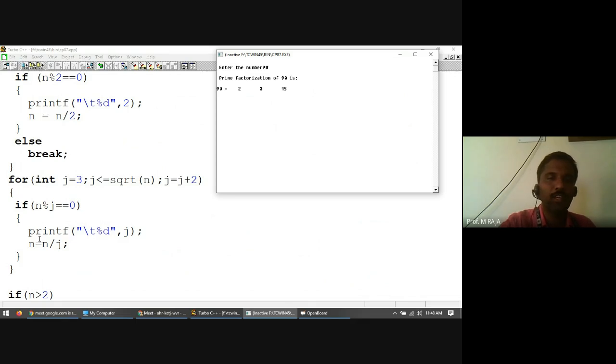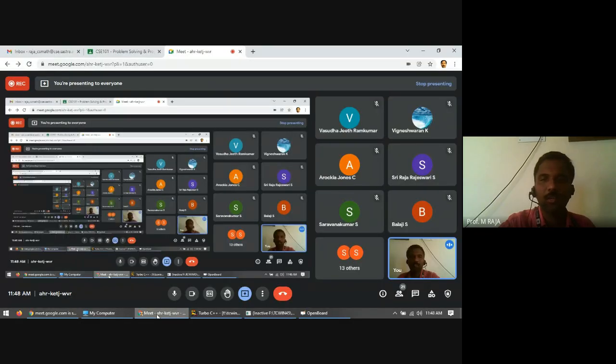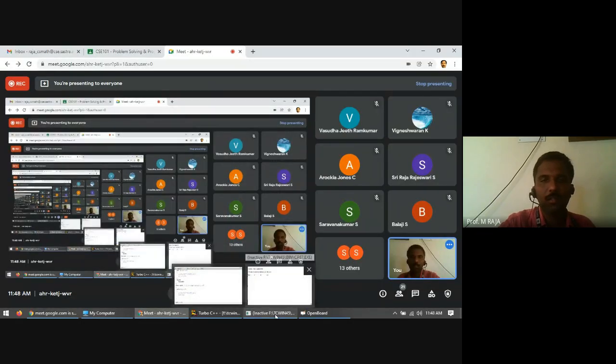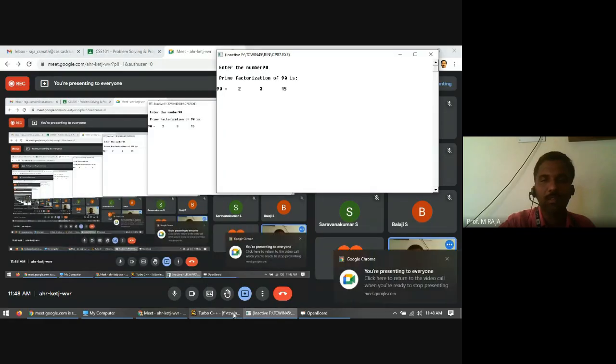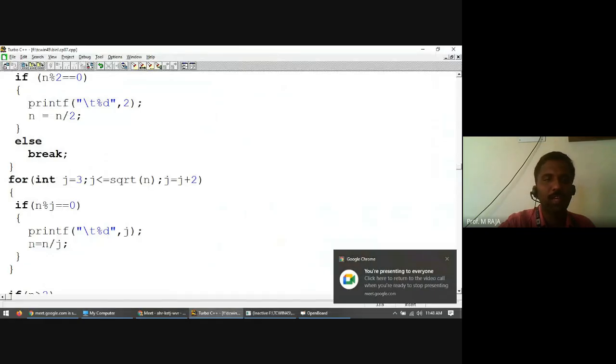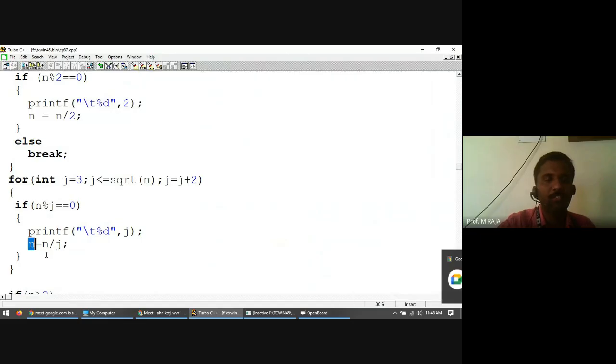Currently this n, what happens? N is equal to n by j. What is the updated value of n? 45 by 3, 15. Am I right? This place n is 15. Next 15 is checked for the same j. So shall I modify this? If I put while, sorry, what happens? While n mod j is equal to 0,